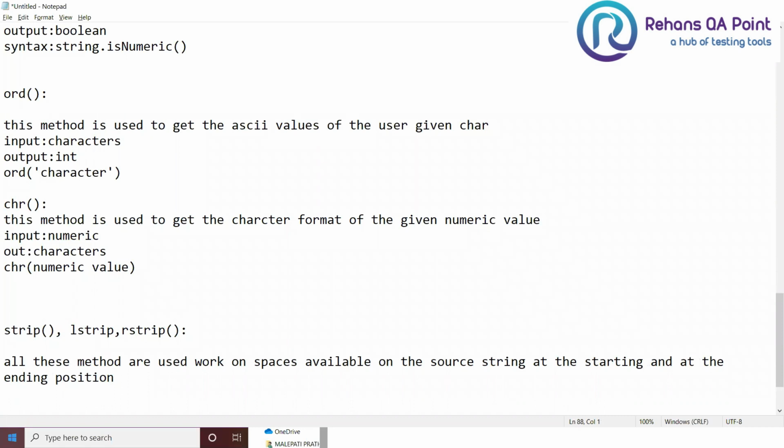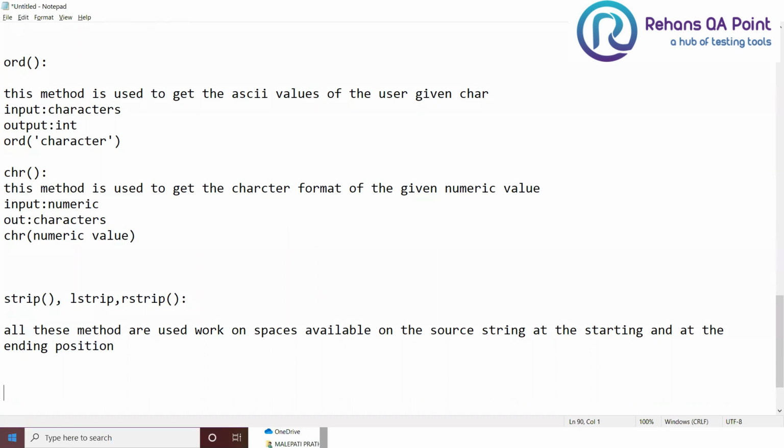Only in the starting position and at my ending position, to work on the spaces, guys. So now we'll see that. Strip removes spaces at the starting and at the ending of the given source string.